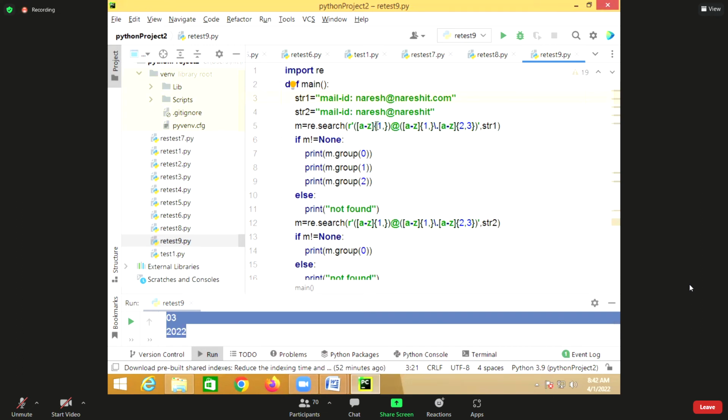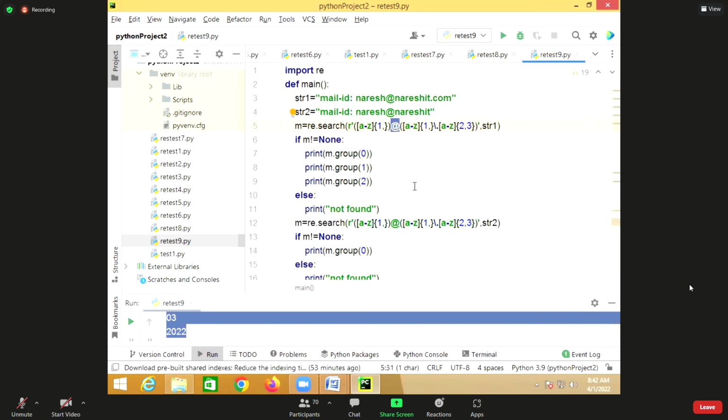Within curly braces, I said 1 comma. 1 is the minimum, and the maximum is infinite.